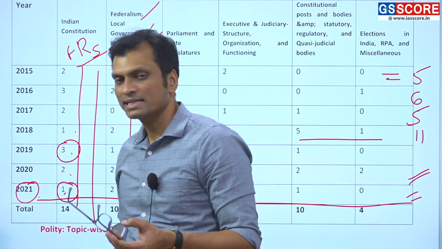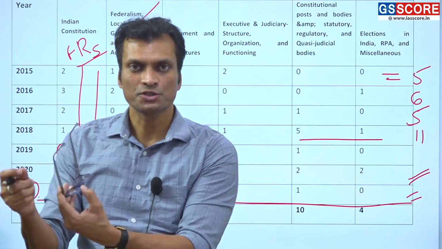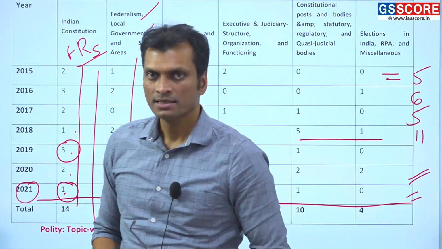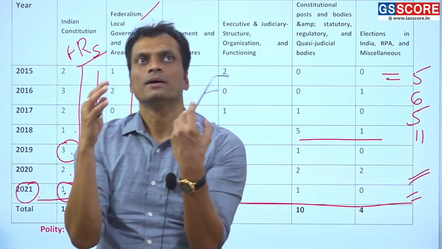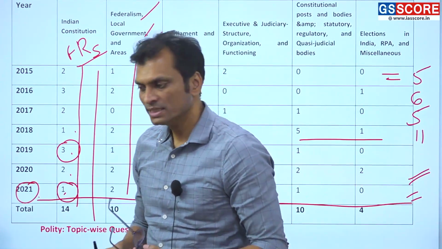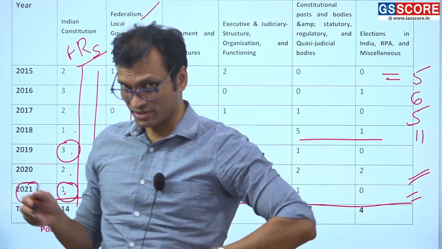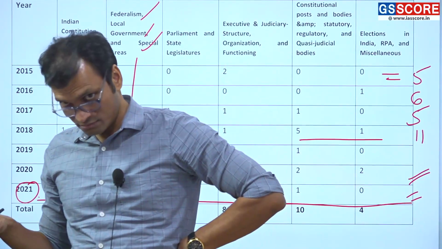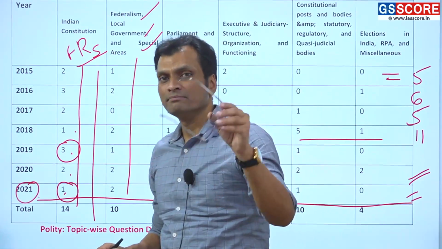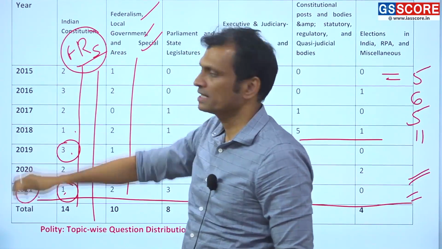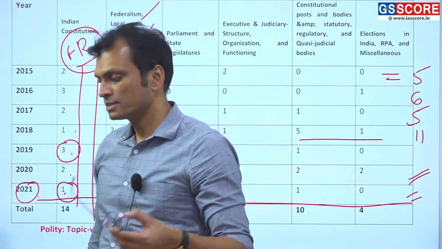So the trend shows very clearly that the values, basic principles, main features and fundamental rights are to be given some kind of interrelated treatment. Only then will we be able to solve, because when the question says explain with the examples of the Supreme Court, judicial examples you will find majorly related with the fundamental rights. So Maneka or Keshavananda, all these things will come in the fundamental rights part,